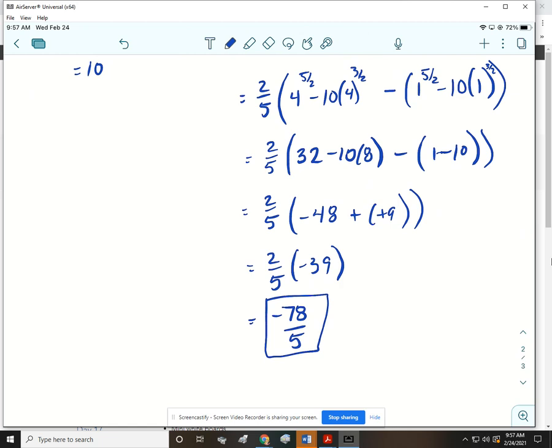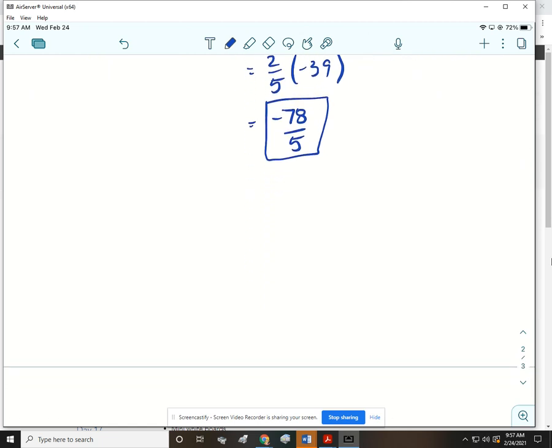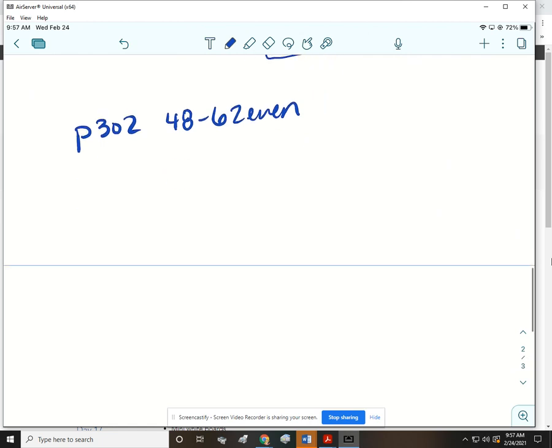All right, so your assignment is just some problems out of the book. On page 302, I want you to do 48 through 62 even. And I want you to know, especially when you get towards the second group as you're doing the definite integrals, you may not have to do this new technique every time. So don't think that just because it's on this lesson's homework, you have to do that. So you may not have to use the new technique